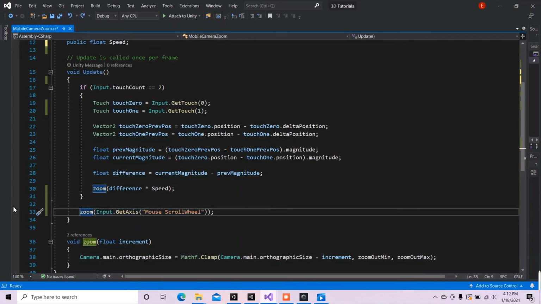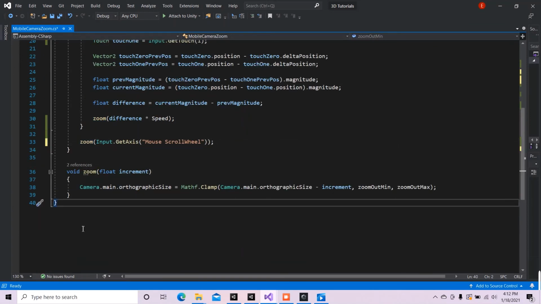If you guys figure out that you actually don't want it, you can comment it out when it's not in use, but it shouldn't cause you any issues at all. And then finally, we're going to do our function which actually moves the camera. So this is just the calculation up here, and down here is the function to move our camera. So I call this void zoom, and for our parameters, we're going to do a float increment. And all we're going to do is